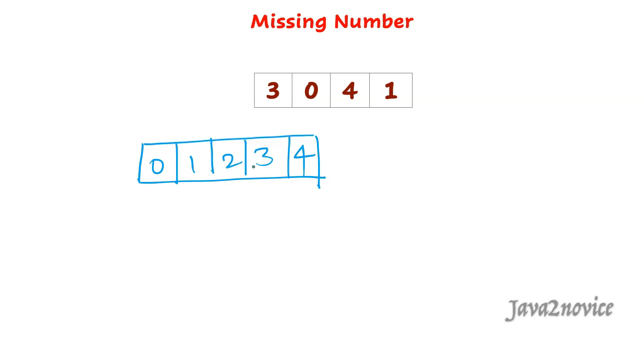We will remove one by one: 3, 0, 4, 1. 2 is the leftover number at the end. 2 is the missing number. This is the answer. This solution is not a constant space complexity